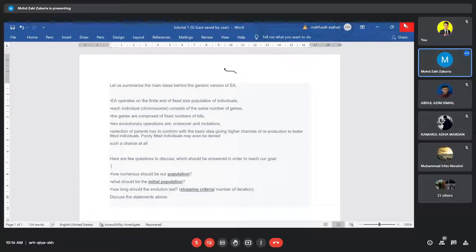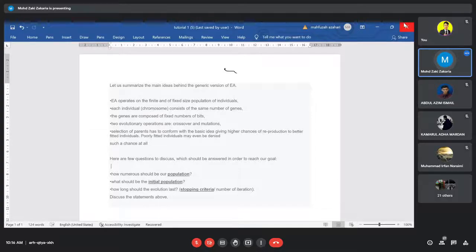For example, in the first experiment we set the population size equal to 10. Then we run the program, the system runs, and after that we get the result. So we keep the result for experiment number 1. Experiment number 2,